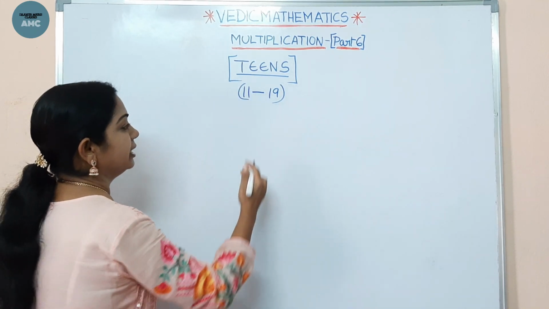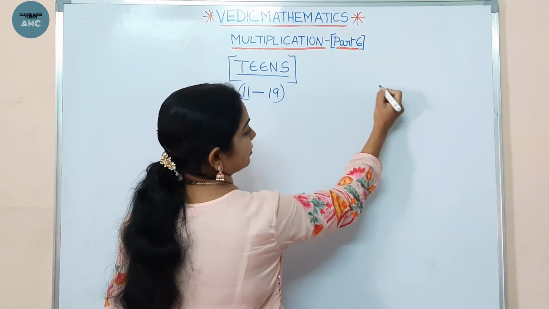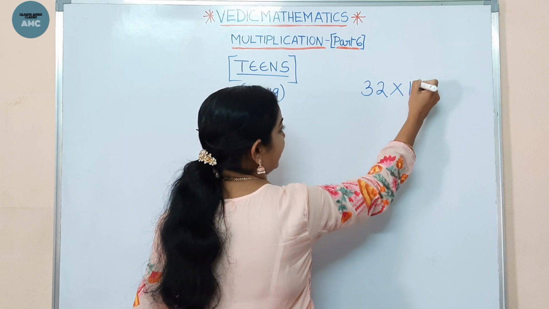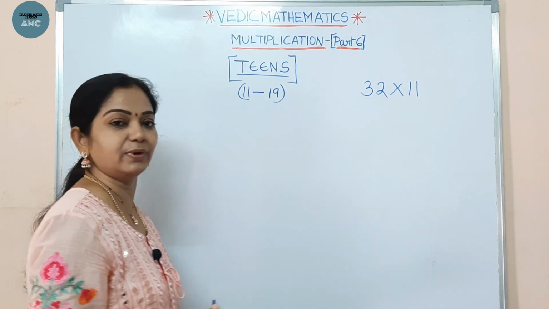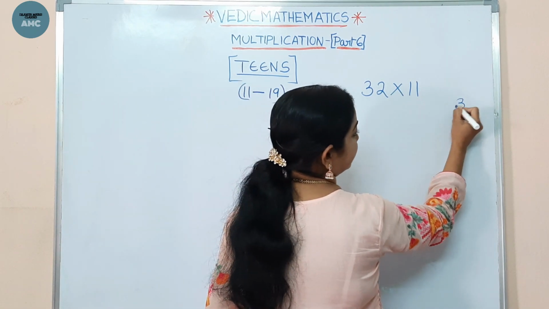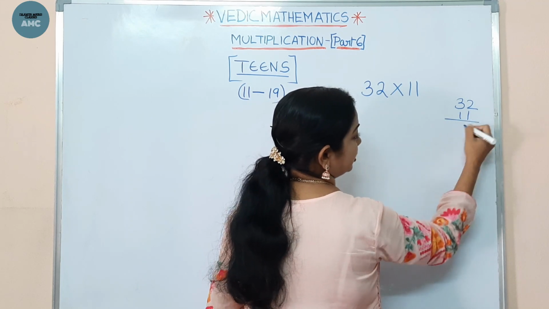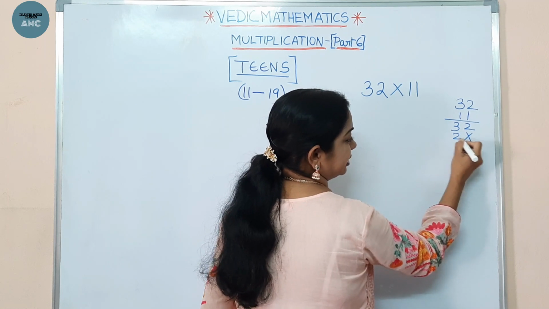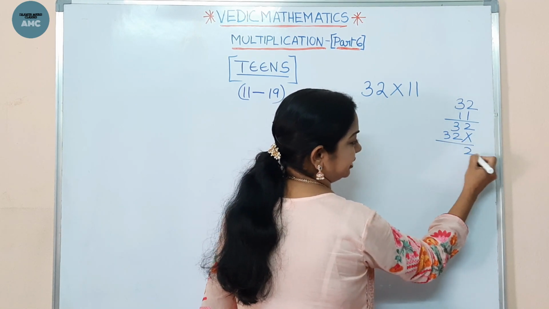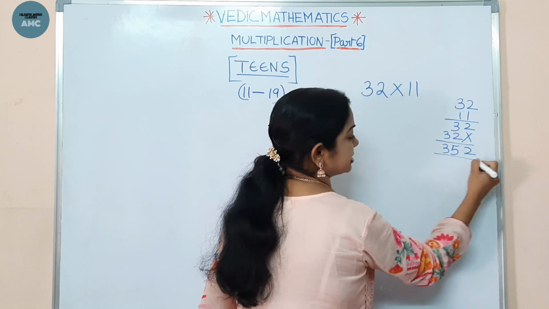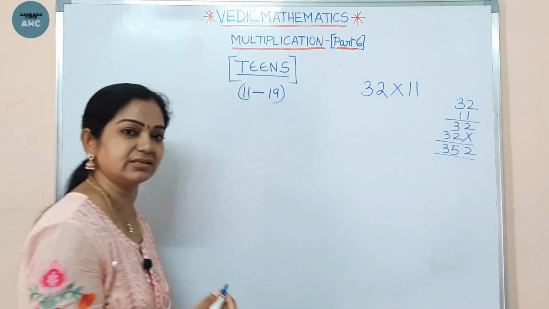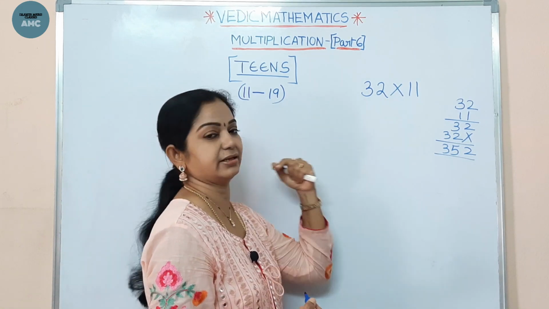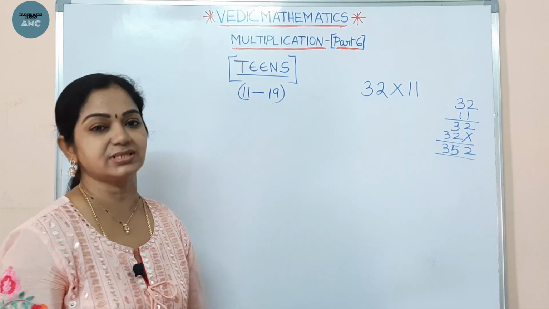We will learn here. Now, let me take the number 32 and multiply it with 11. In the traditional way, we write 32 and 11, multiply, keep the partial results and add them. All this, the conventional method, takes 6 to 7 minutes. Here, in this technique, it will take only 2 seconds.